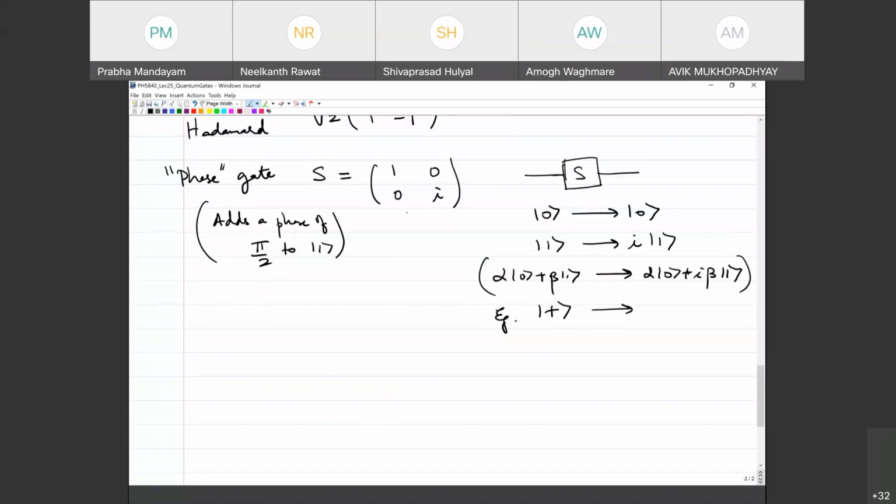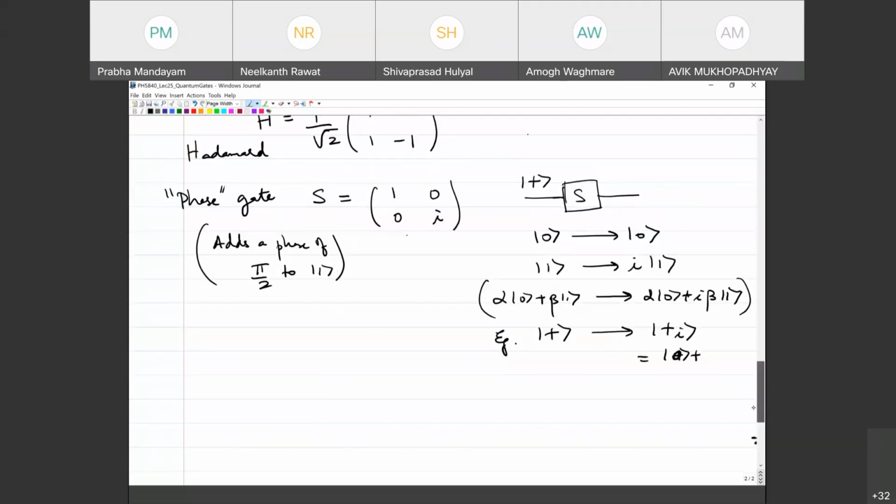What is the action of the S gate on the plus state? It takes it to the plus eigenstate of the sigma y operator. Good. This is what we call the plus i state, which is nothing but |0> plus i|1> over root 2, right? That's the eigenstate of the sigma y operator,